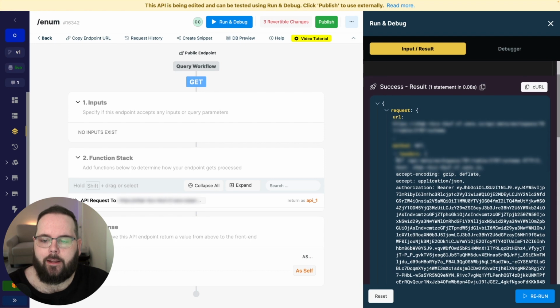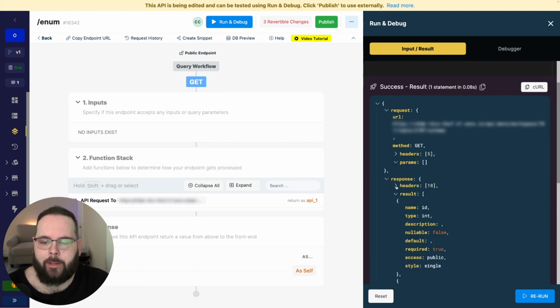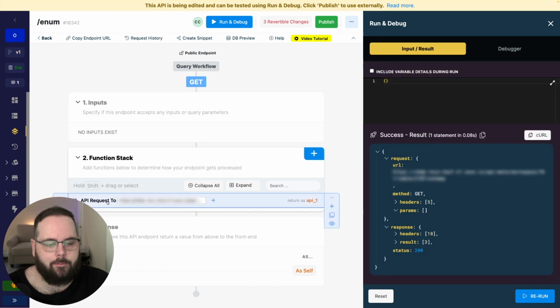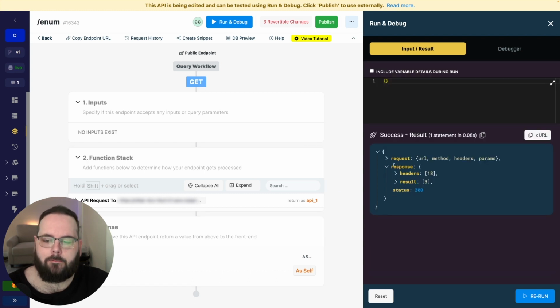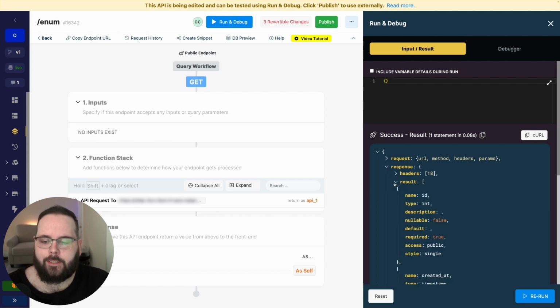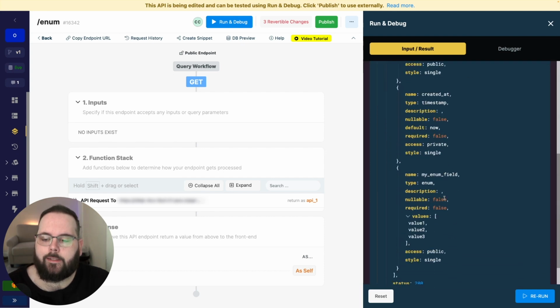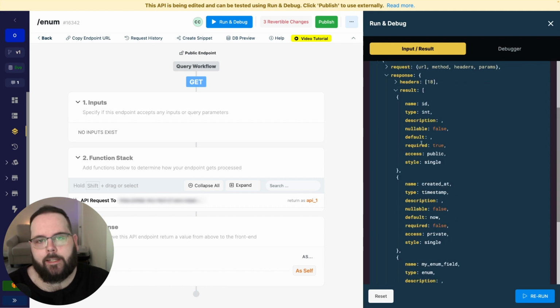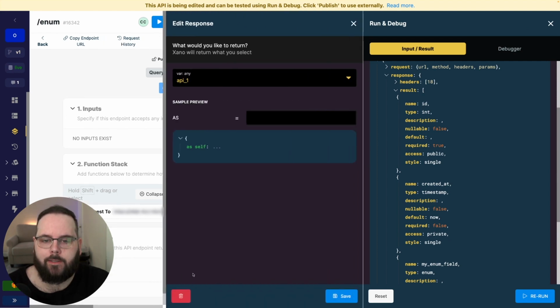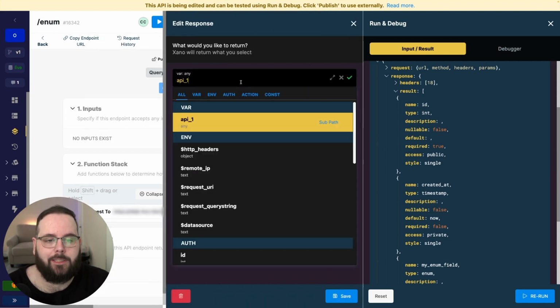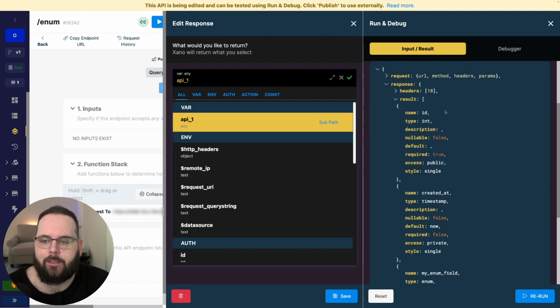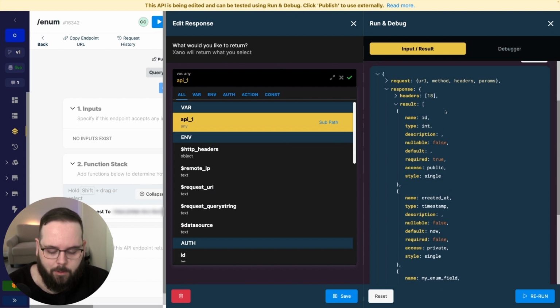So let's go ahead and collapse some of these and make sure we understand our structure here. So we have request, response. Under response, we have headers, result, and status. Let's expand result. And we can see that our enum field is the third object returned in the list of fields from our database. So in our response, all we really have to do is just add some dot notation to the end of this. So we're going to look for